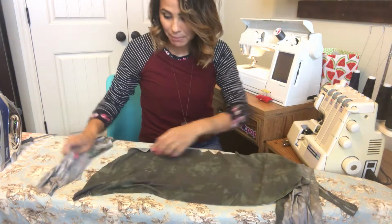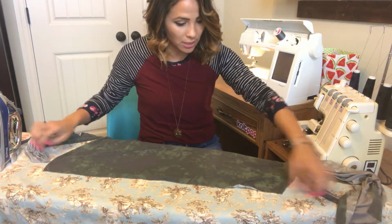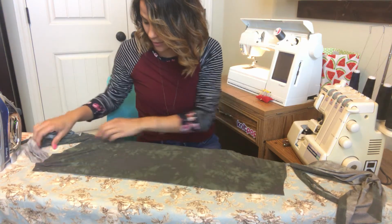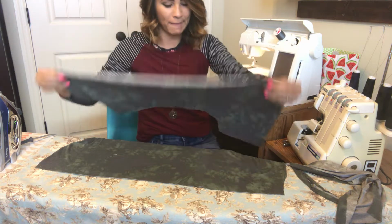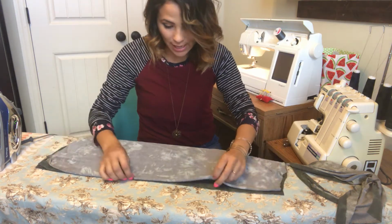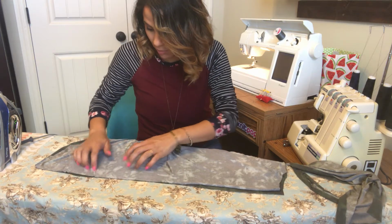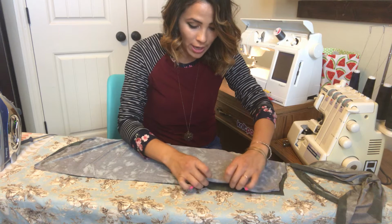So I've got my back pieces. I'm gonna put them right sides on top of each other. So here's my one side, and I'm gonna place the other one right on top. This is the back side. This is the back seam. We're making the back seam right here. So I'm putting them right on top of each other, and I'm gonna go ahead and pin